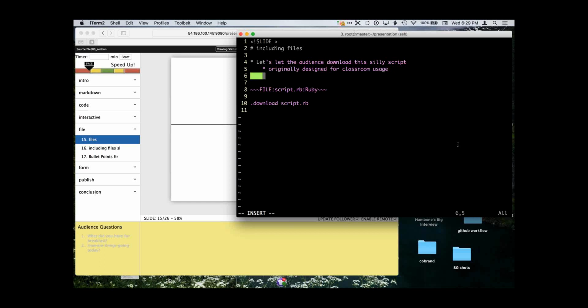Because of that, it was intended to share example code or example solutions after a lab was done. So when you make a file available using this download tag, the audience can only download it after the presenter has gone past that slide. So only available after.